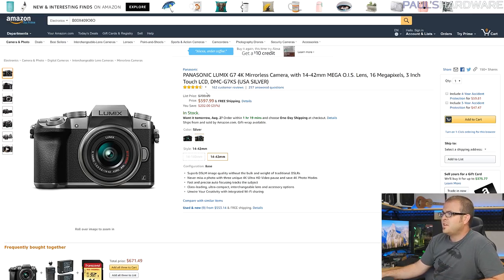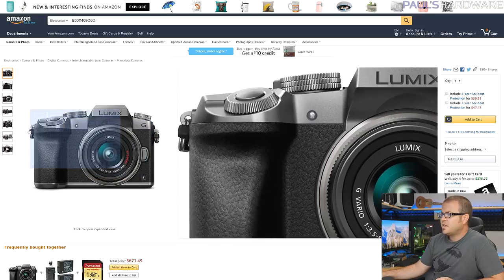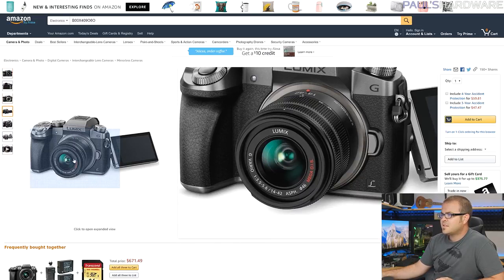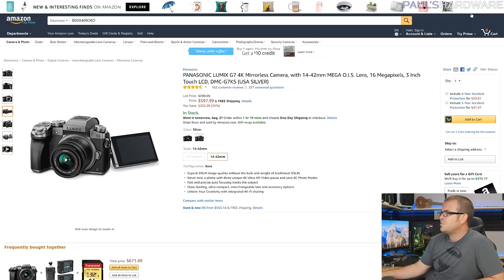For a camera, the Lumix GH7 is a sort of slightly baby brother to the G4 that the GH4 and the GH5 that I use, but really good image quality for this one. It's a $600 camera, but it's got clean HDMI out. It comes with a lens in this kit that is perfectly adequate for what you'd want to get done with it,